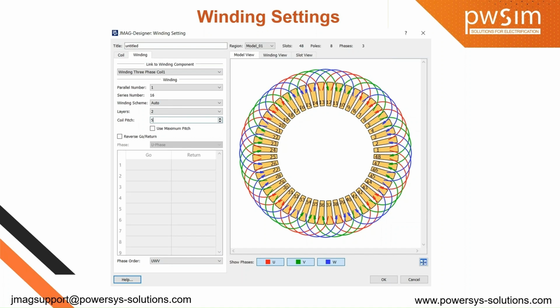Here you can mention the parallel number. The parallel number can be 1, 2 or 4, like that. You can select the parallel number, and the series number will be selected automatically based upon the parallel number. The winding scheme is by default the automatic option. If you want to change it into manual type, you can select the winding scheme as manual or automatic